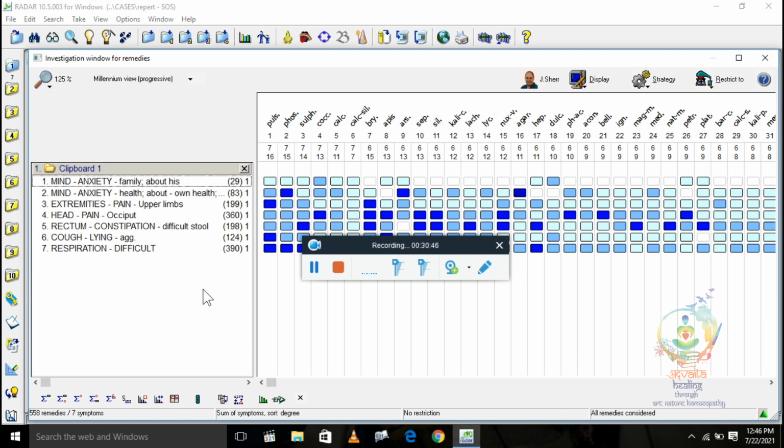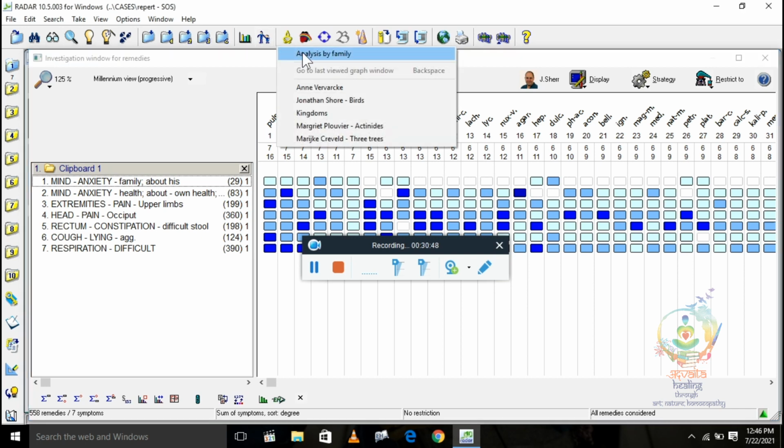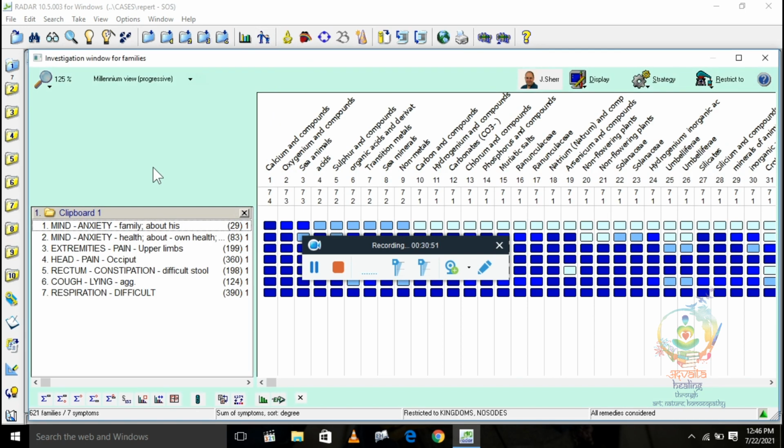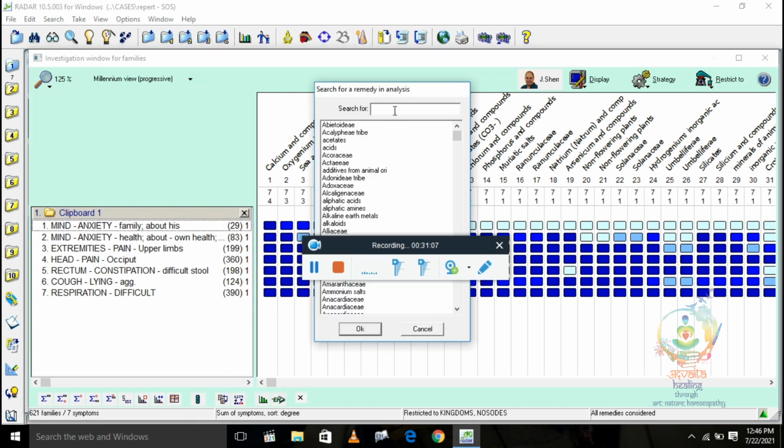Now you want analysis by family, you will go to analysis by family like this. Now you can see all the families available in homeopathy, whether animal, mineral or plant. You have to press this button, you can see my cursor, and this menu will appear.